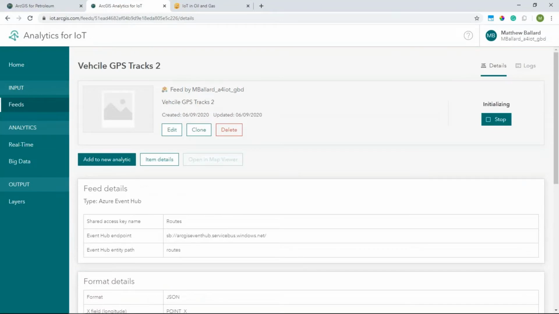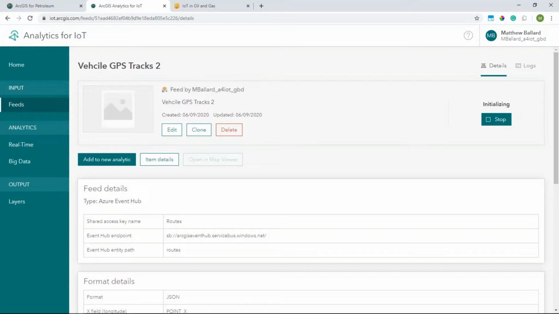Analytics for IoT is spinning up these long-running jobs that are hosted for you entirely in the cloud. They continuously ingest data, parse it based off of how you've defined it, and enable it to be used in ArcGIS using those coordinates and time attributes. These feeds are visualized then as what are called stream layers. They display data immediately in your web maps and applications because they're continuously subscribed to the service which is pushing data.